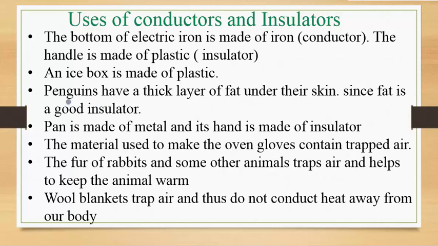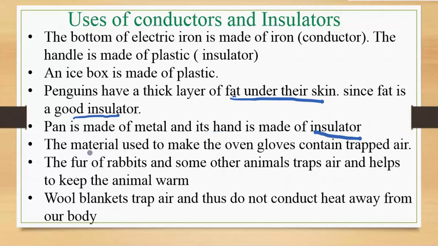The third example is the penguin. Penguins have a thick layer of fat under their skin, which is a good insulator. And the fourth one is the pan. A pan is made of metal and its handle is made of insulator, so that the heat from the source transfers to the food, but it doesn't transfer to the handle, so that we can easily handle the pan and work